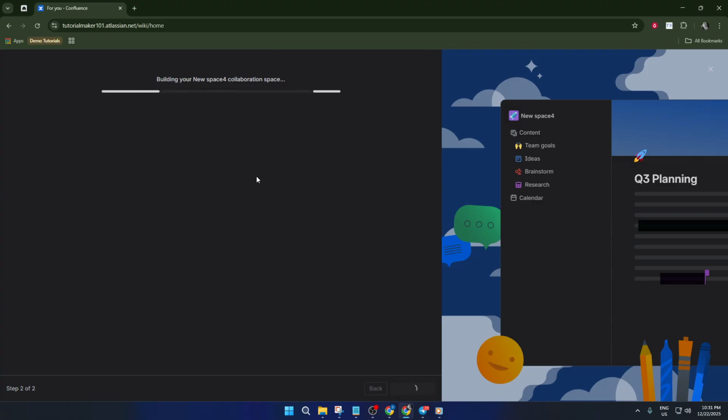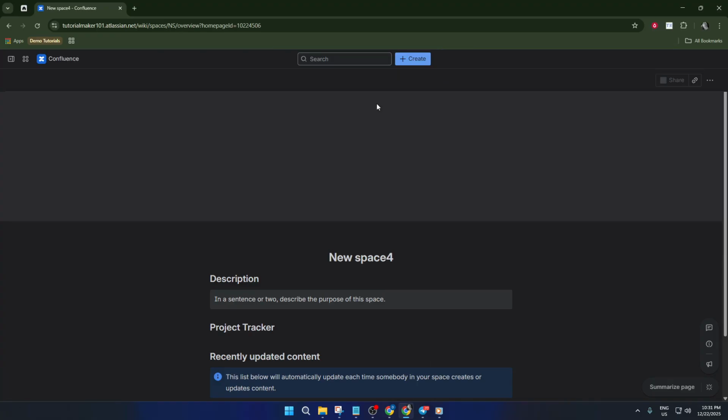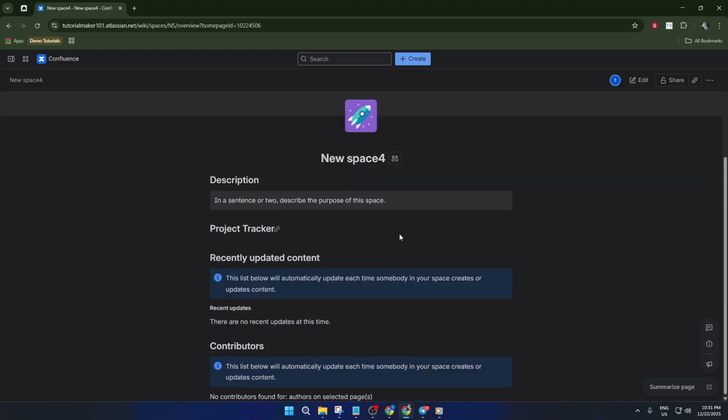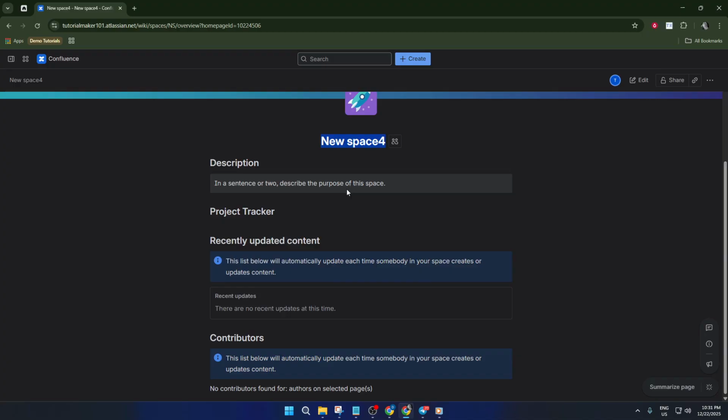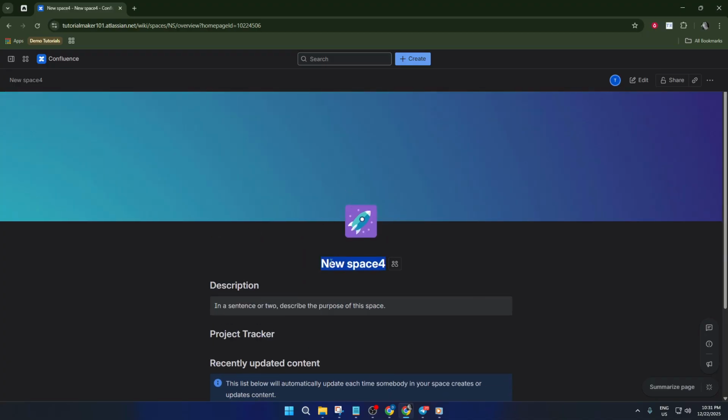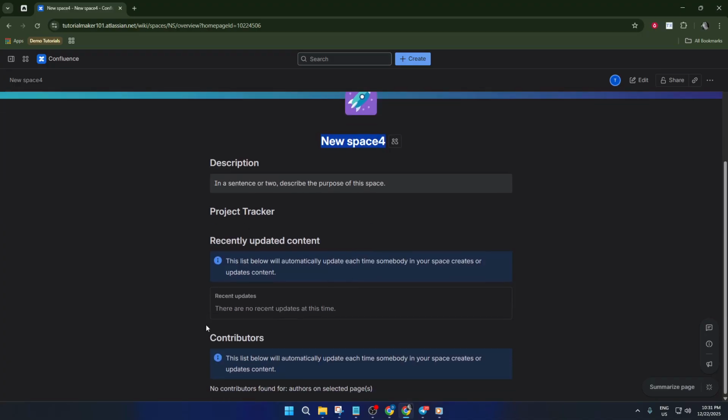After picking your space type, you'll fill in some important details. Give your space a name. A clear, descriptive title works best so your teammates will recognize it at a glance. You'll also set a space key, which is a short, unique ID, kind of like a nickname Confluence uses behind the scenes. You can pick an icon as well, which adds a visual cue to help you spot your space